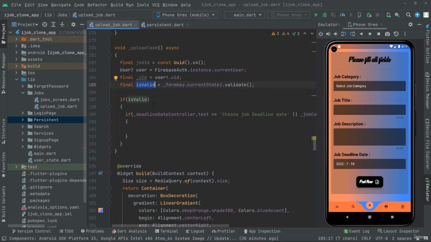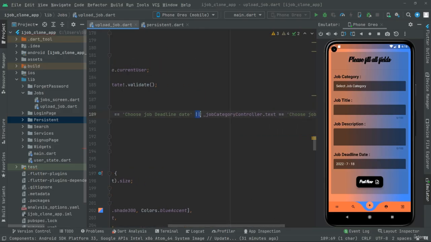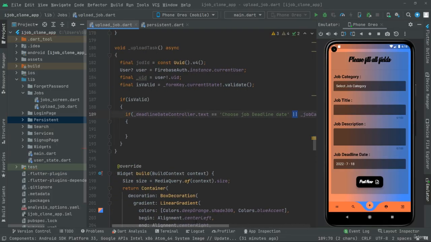So in here we are just checking if this is valid, then we use the nested condition and we say if the deadline date controller dot text is equal to choose job deadline date, and here we use the OR operator, or it will check that the job category controller dot text is equal to choose job category. So only in that case what we will do, in this curly braces we will say